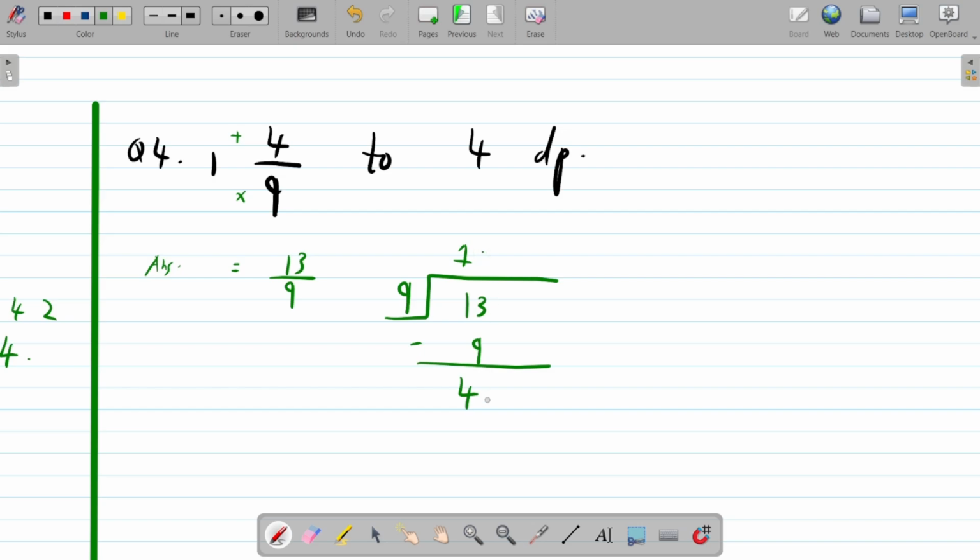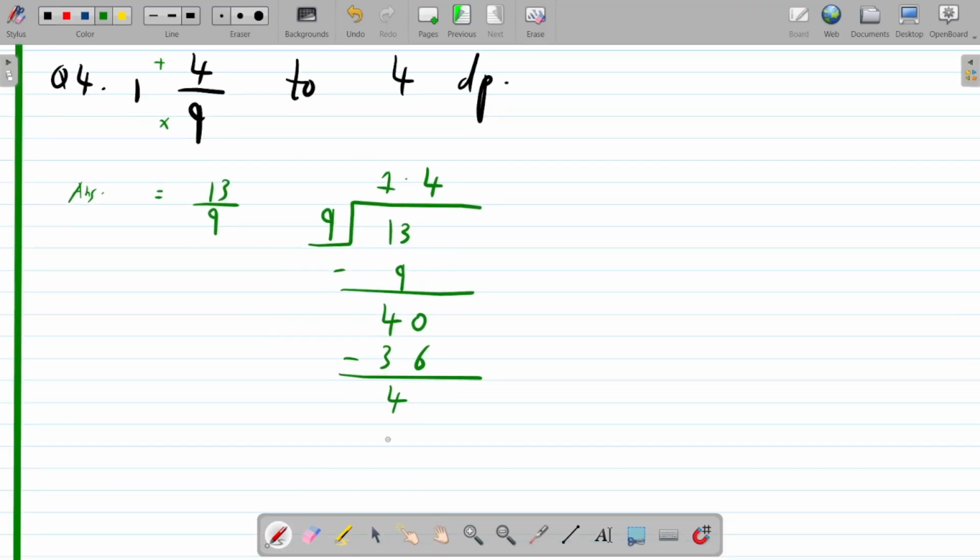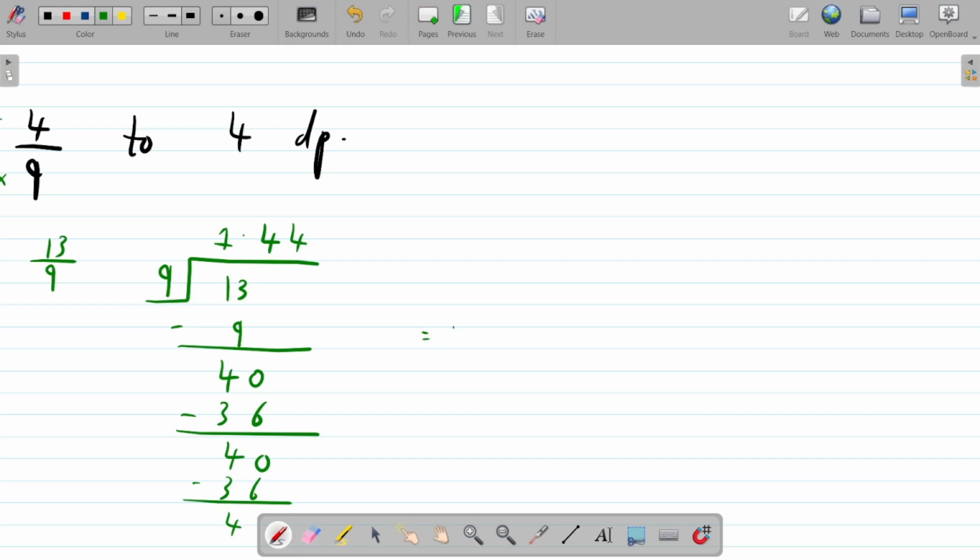Okay, so you add a point, you get a 0 here. And then what do you multiply with 9? Yep, 9 times 4, 36. You get the 4 again, okay, and you get the 0 as well. So it's going to go on times 4. That's going to be 36 again. And it's just going to go on. So we don't do the working. We can just write it down. It's going to be